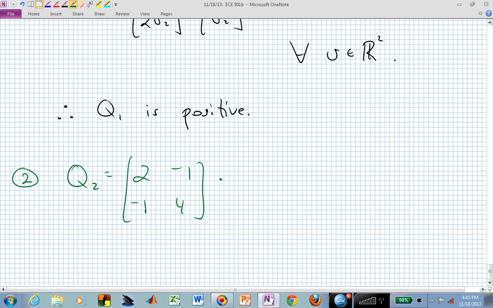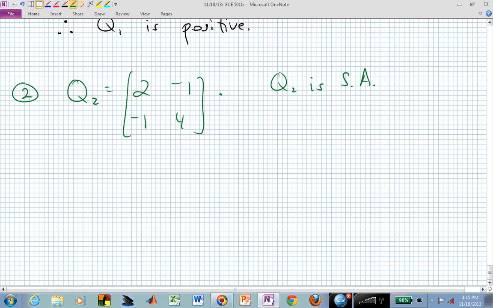Is Q sub 2 self-adjoint? Yes. So Q sub 2 is self-adjoint. We're living in this real vector space again. Now if we look at Q sub 2 v, v,